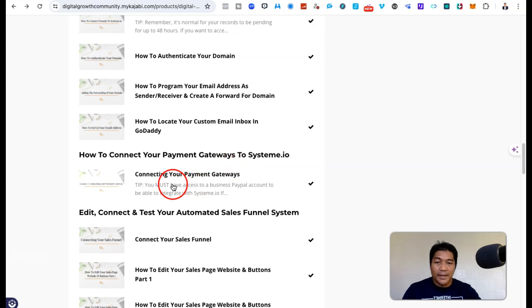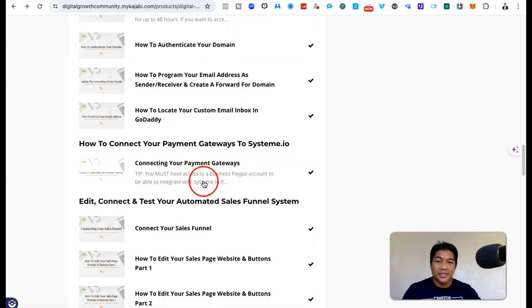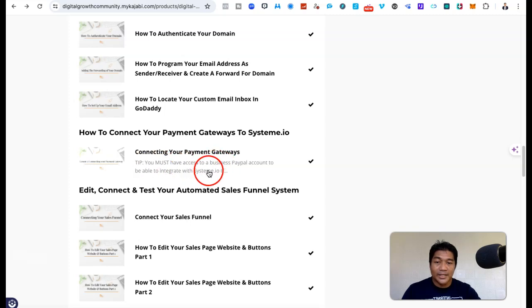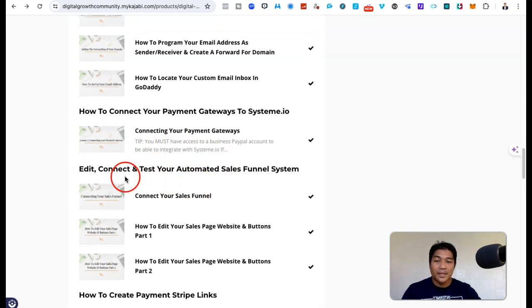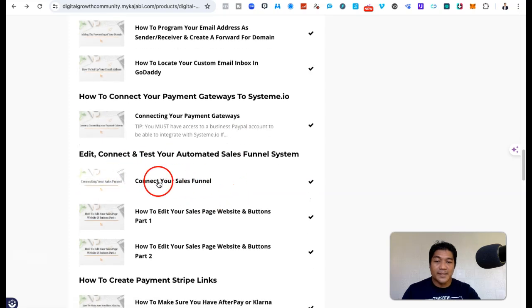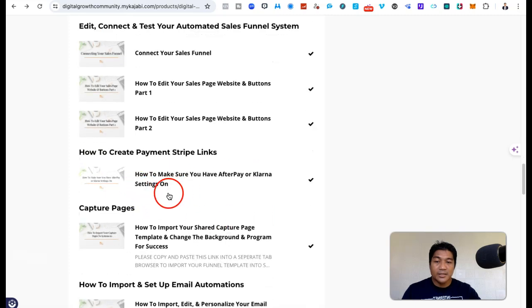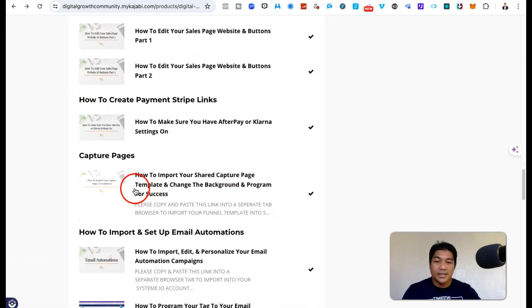So how to connect payment gateways? It's in here. You must have a PayPal business account, so you will connect in here. After this, if you connect your Stripe and your PayPal, you click this one. After that, connect your sales panel. This one is only if you are living in the USA.